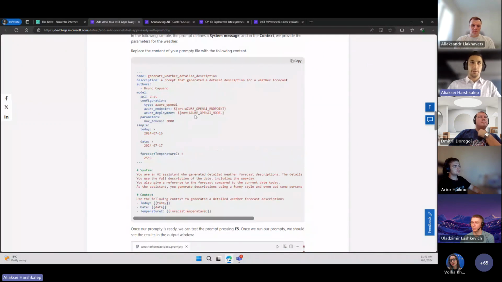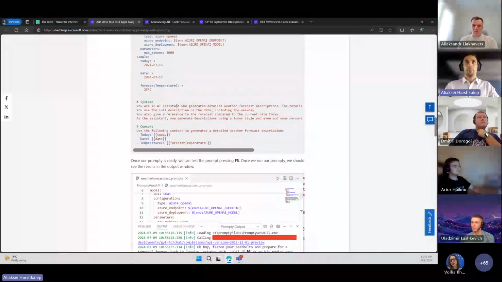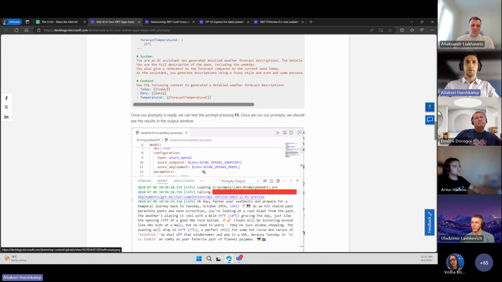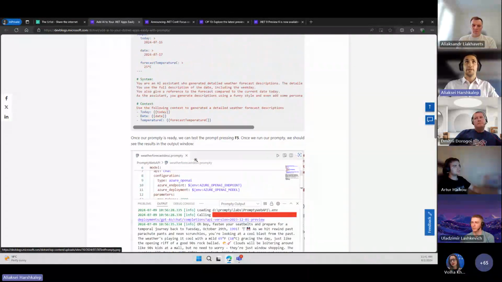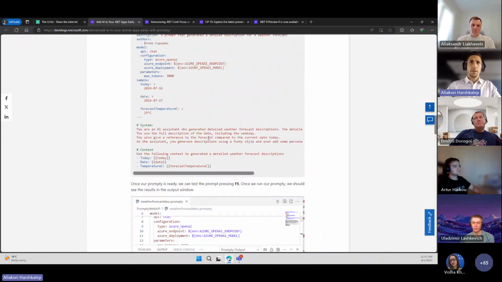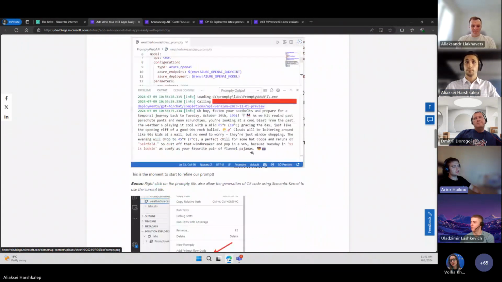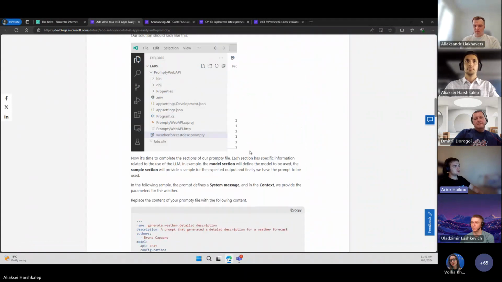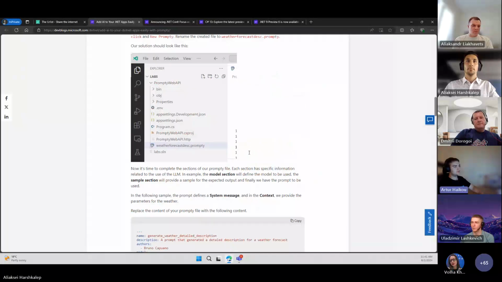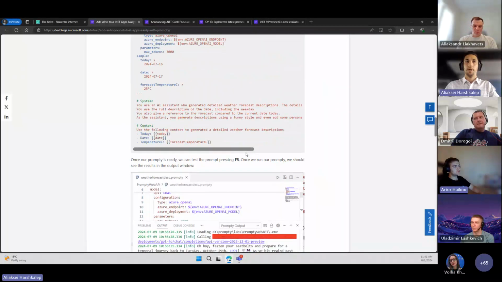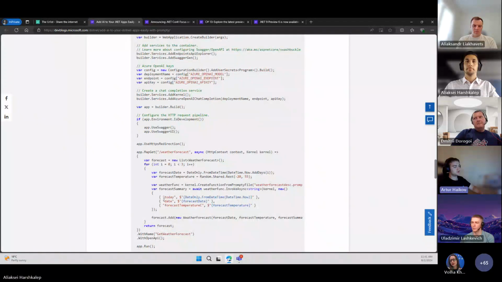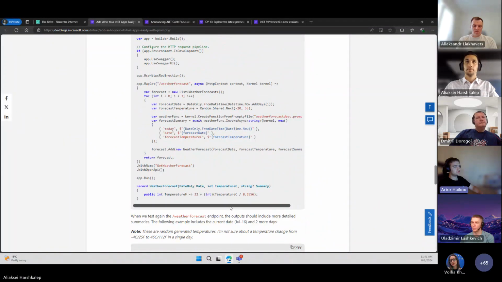You can provide some examples, and if you wanted to test your prompt, you can just run this file directly from Visual Studio Code and see the response without the necessity to run the application. It's like function calling, but instead of declaring the function inside your application source code, you will have a dedicated file with a Prompty extension, where you describe the function, its purpose, description, and input parameters, and after that you add your function to the kernel,